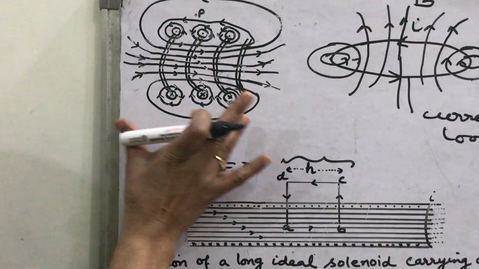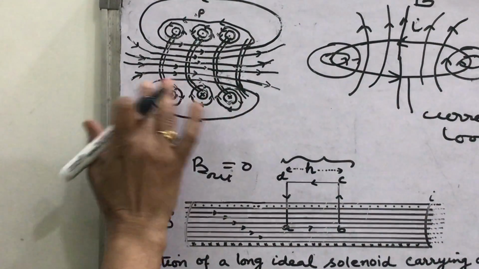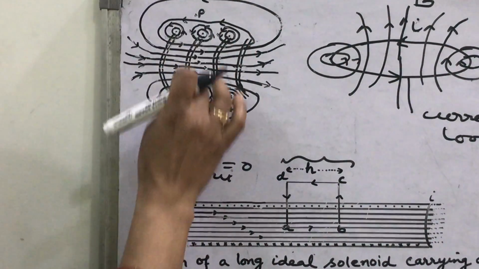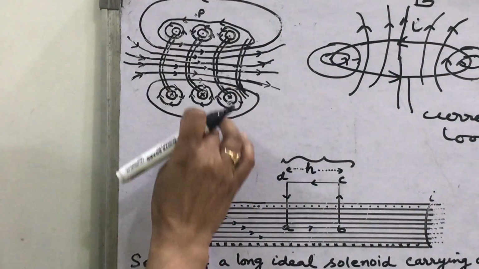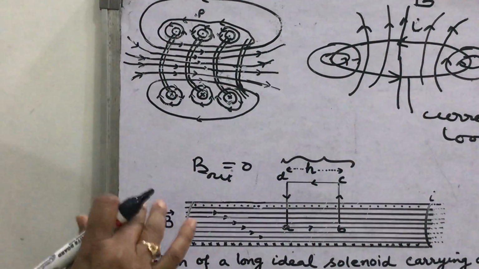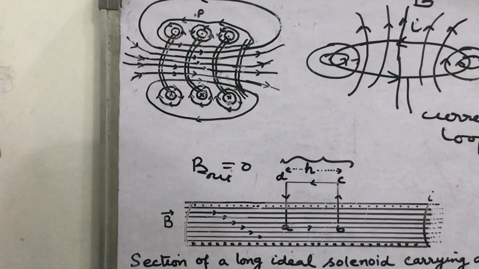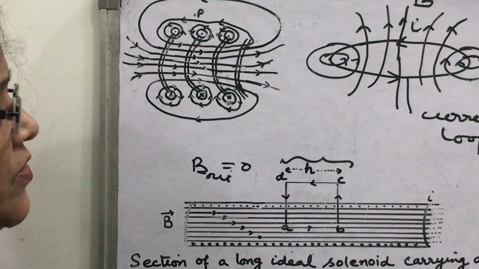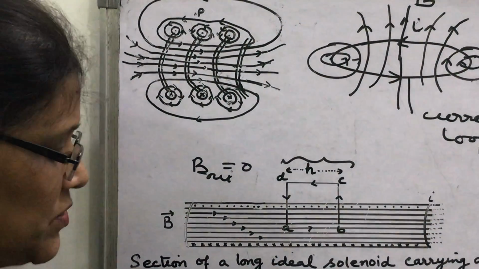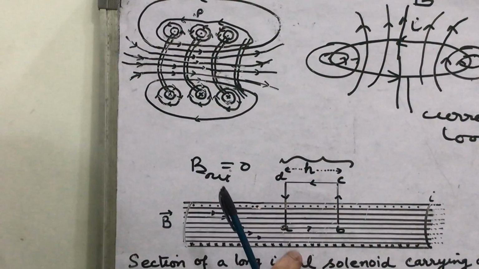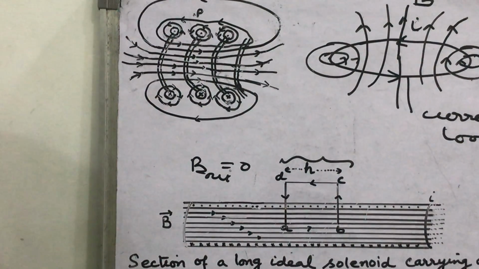I have shown this actual, real solenoid. Its length is not very large compared to its diameter. So actually outside the solenoid, the magnetic field in the direction perpendicular to its length is very weak, and for the ideal one it is 0. So overall it can be said that the magnetic field of a solenoid, a long helix of wire, is along the axis of the solenoid, and outside the solenoid the magnetic field is 0 for the ideal one.